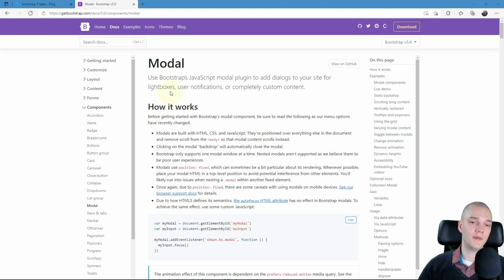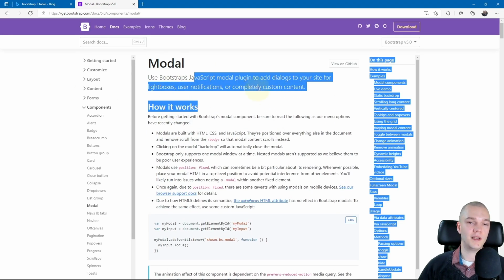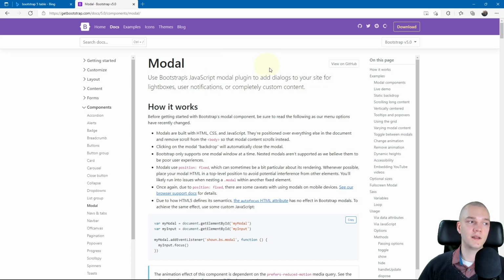So Bootstrap does the DOM manipulation with JavaScript, but because we're using Blazor, we don't really need the JavaScript they use. We can just show and hide the modals based on simply a boolean, so show the modal if the boolean is true and hide it if it's false.